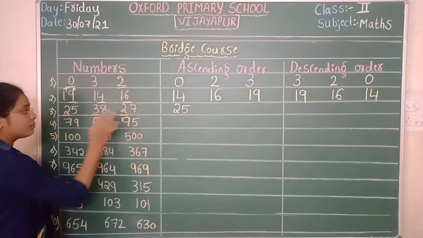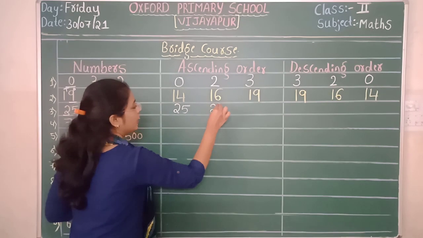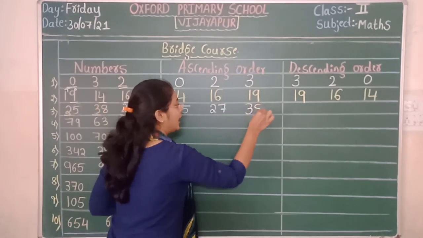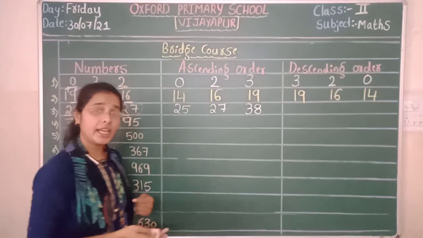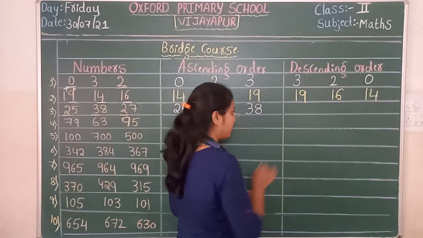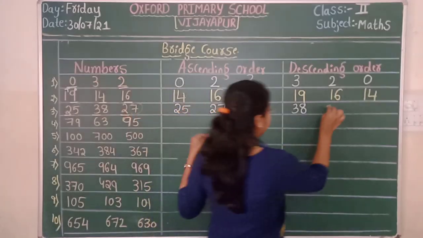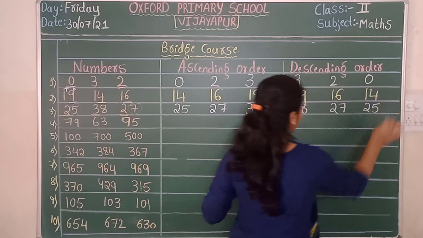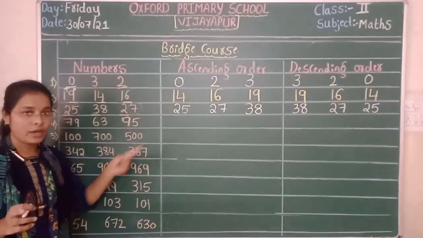3 and 2. In these both, which is the smallest number? Number 2 is the smallest. So write down 27. And the last, we will write it as 38. Okay? While in descending, we have to rearrange oppositely. Means this 38 at first we have to take. Okay? Next which number? 27 we have to write. At last we have to write 25. This is about 2 digit numbers. Okay children? The remaining one, you have to do it.